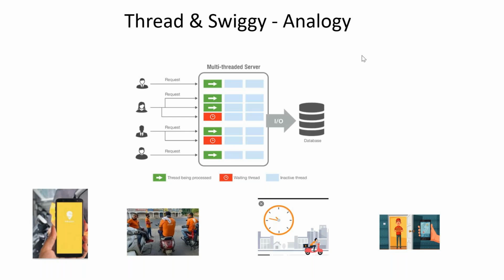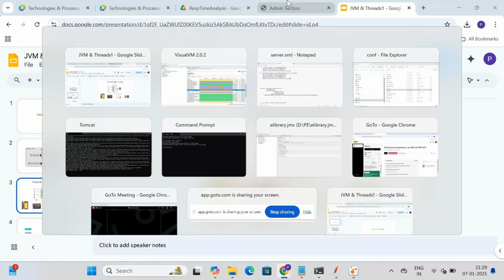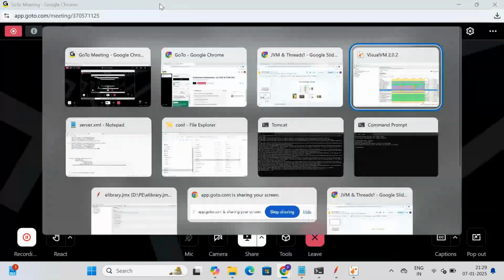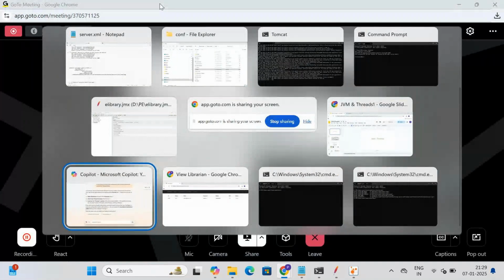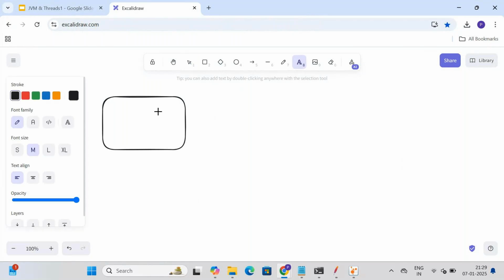Now coming to our thread concept, it is a little similar. In your server as well, there are going to be threads that get created and are available to take the task that is getting assigned. So for example, if I wanted to draw this, say mine is Amazon. If I'm going to access the Amazon app,